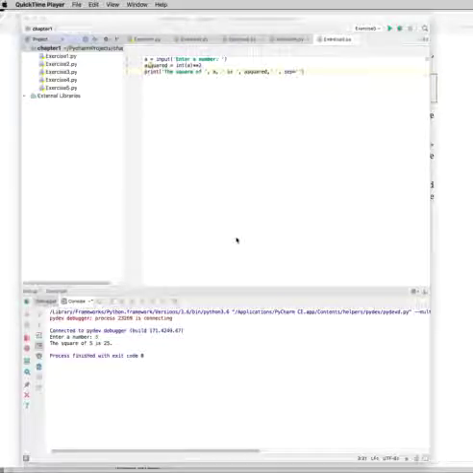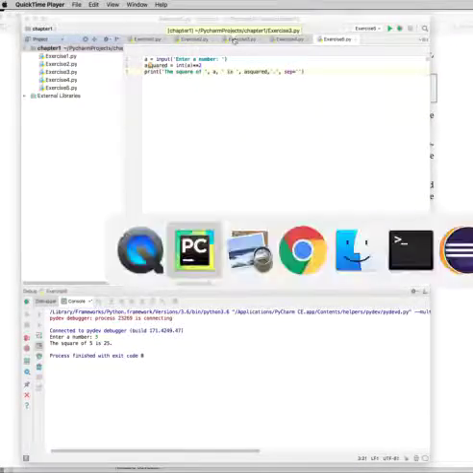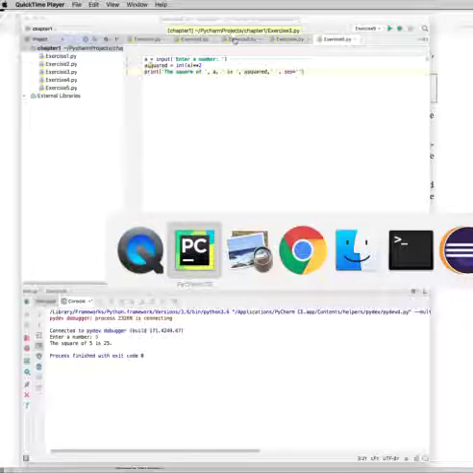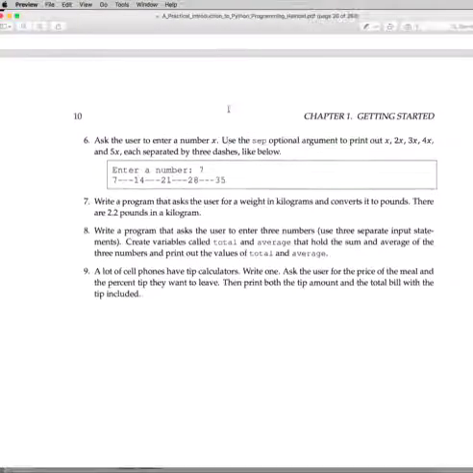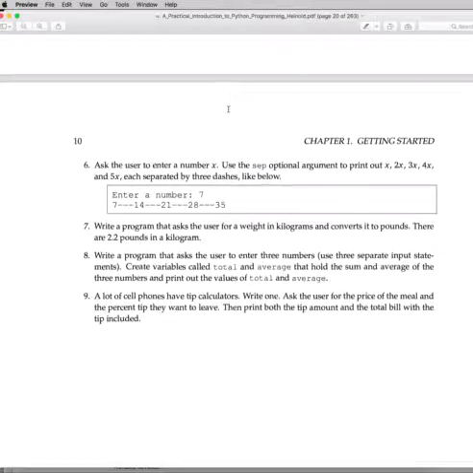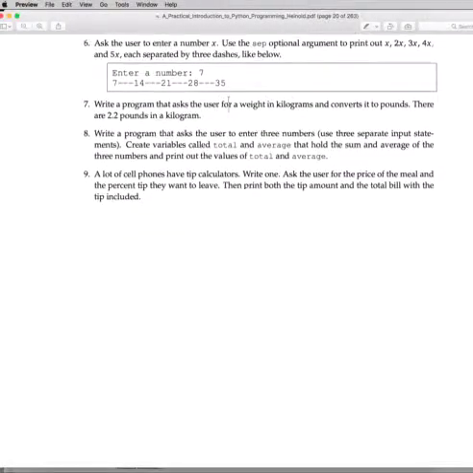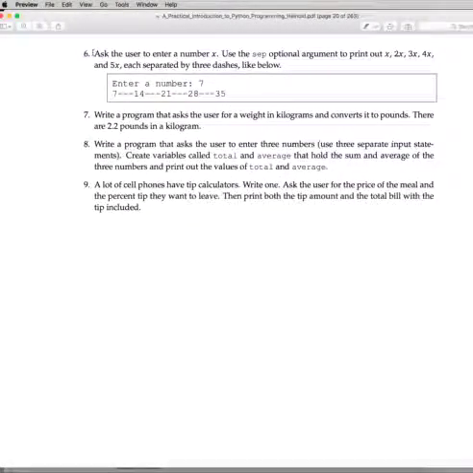So welcome back. We are going to pick up where we left off and continue with the exercises at the end of Chapter 1. So we finished Chapters 1 through 5, and now we're going to be working on 6 through 9. So the first of these is asking the user to enter a number x,